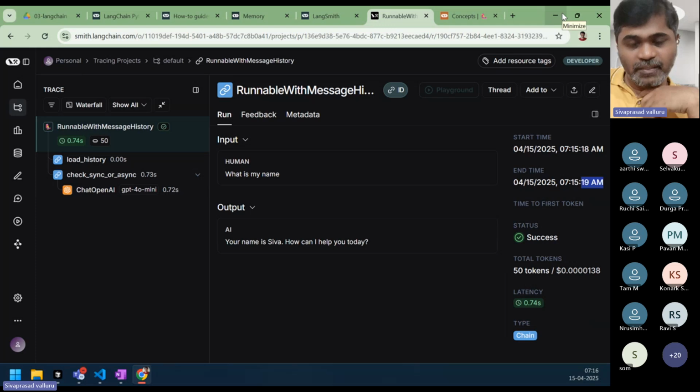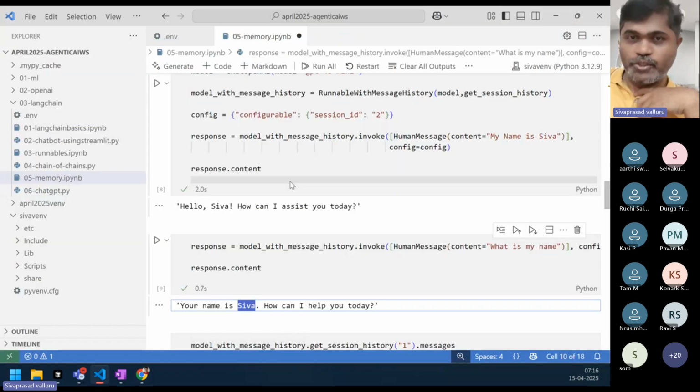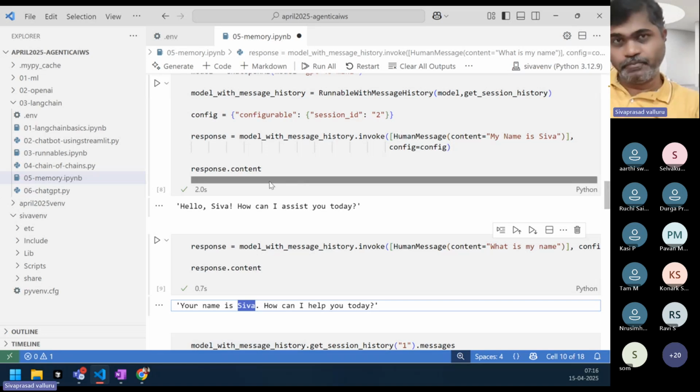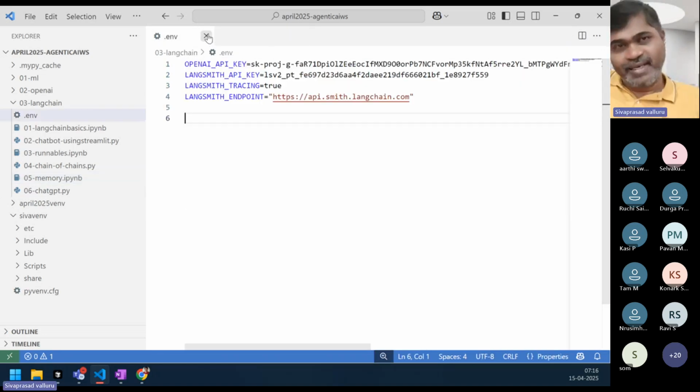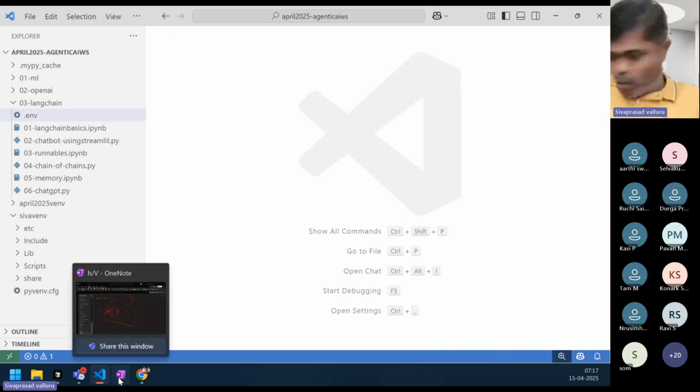So these are the basics about Langsmith. We'll talk about Langtrace also a little later. Right now, this is sufficient. Langtrace also is there, but we'll see it later. Now let us jump into